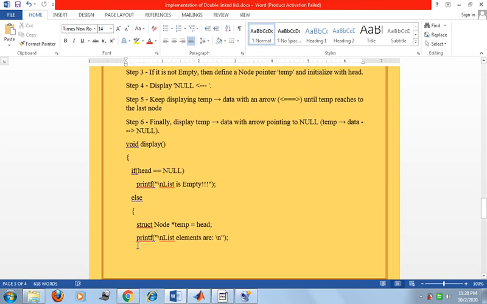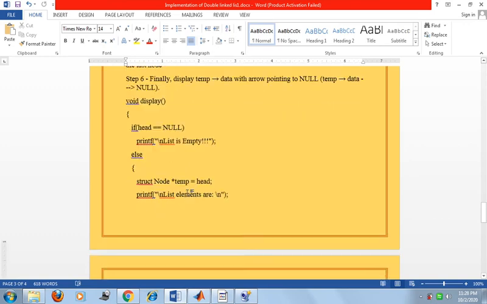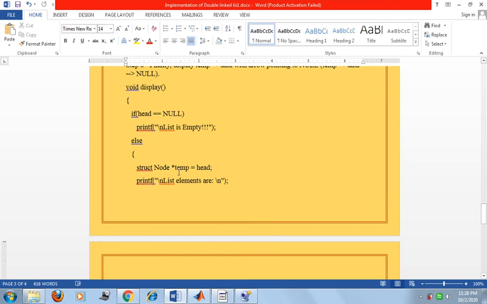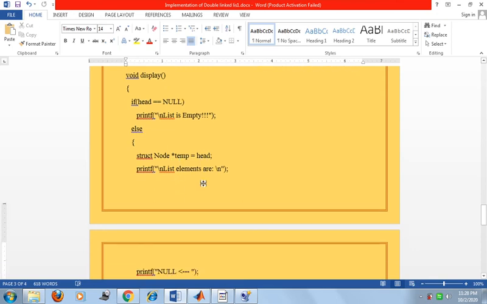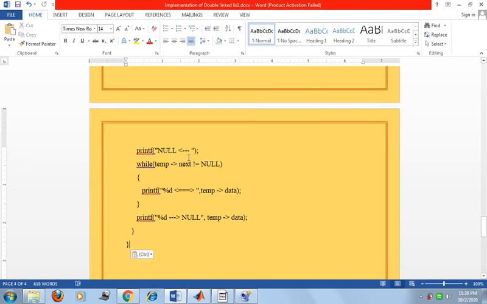So how do we display the elements programmatically? First step: if head equal to null, then we print the list is empty. Otherwise we create a temp node and assign the head value to the temp node and we print the list of elements.